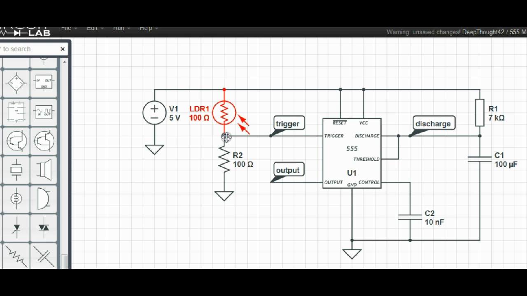This would mean this voltage would drop, and therefore you would get a trigger pulse, which would then give you an output of 5 volts for a time determined by this RC network. Hence you could have a light triggered device, or you could replace the LDR with a photo transistor,